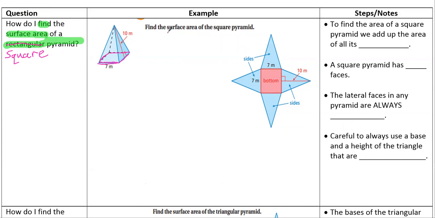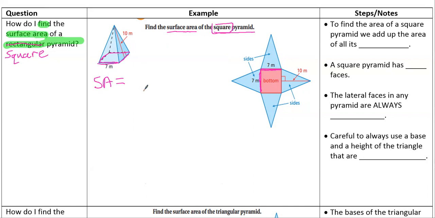So it says, find the surface area of the square pyramid. Aha, it is a square. That means the base is a square. Okay, they've already made the net here. So here's our base. Remember, if it's a square, each side of the square is the same length. So they're both 7 meters. That means these 2 lateral triangles are congruent. That means they're the same exact triangle twice. So if we're finding the surface area, SA, surface area,